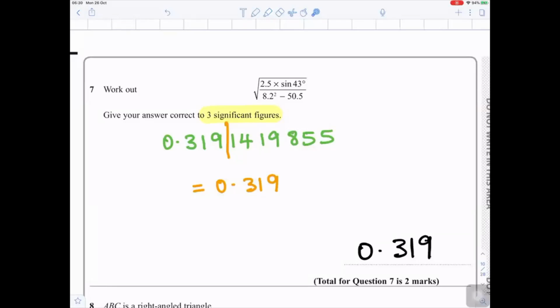Question number 7. Work out the square root of 2.5 times sine 43 degrees divided by 8.2 squared minus 50.5. Give your answer correct to 3 significant figures. If you put all of that in your calculator at once and you press the equals button, you will get